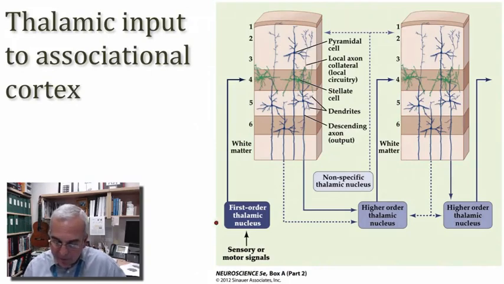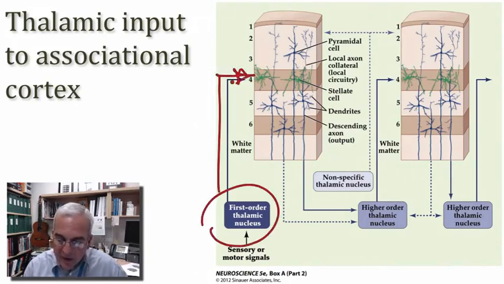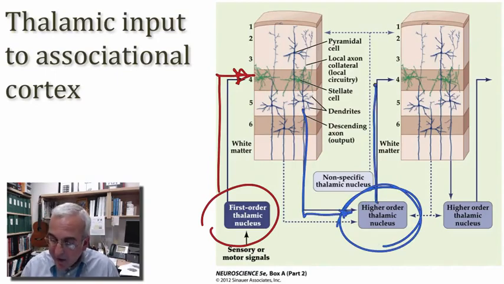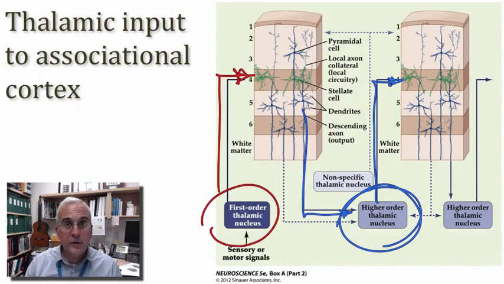Well, the first order thalamic nuclei would be those that provide input into our sensory cortex. The higher order thalamic nuclei are those that we now have in view when we think of the associational cortex. So these would be thalamic nuclei which themselves are driven principally by inputs from the cortex. So these thalamic nuclei, while providing input into our associational cortex, seem to be consistent with the relay of information from lower order areas to higher order areas. Only in this case, the relay involves a loop from cortex to thalamus, now back up to higher order or